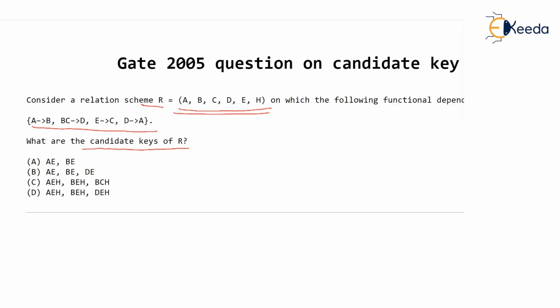Now you again use our same method. Let's check the right hand side of all these functional dependencies. I'll write the key attributes which are there on the right hand side. A is there, B is there, okay, C is also there on the right hand side, and D is there. But you will find out that E and H are missing on the right hand side of any functional dependency. That means nothing can determine E and H. I repeat, nothing can determine E and H. That means E and H must determine something, isn't it?